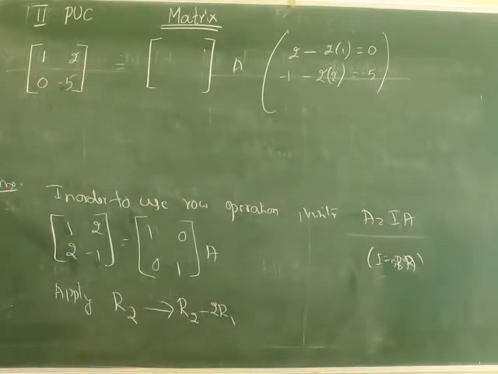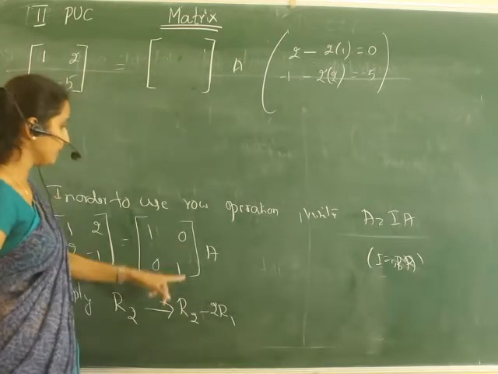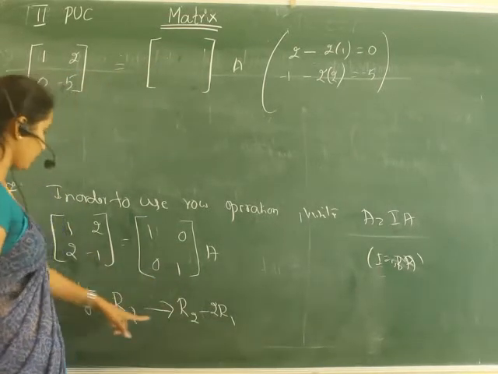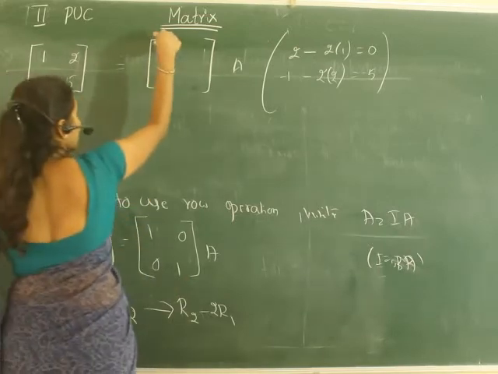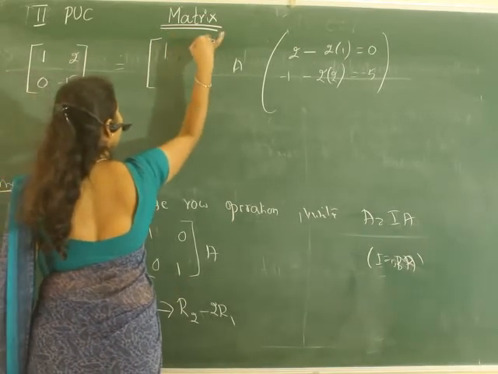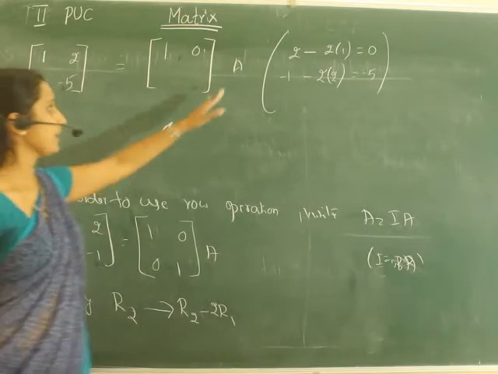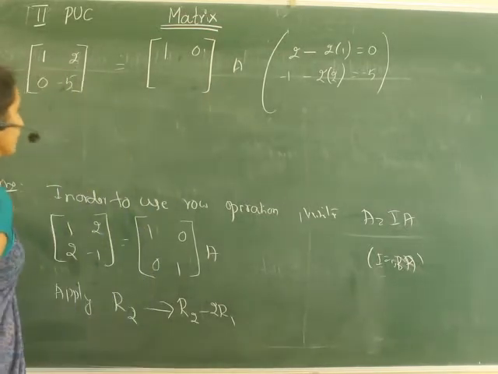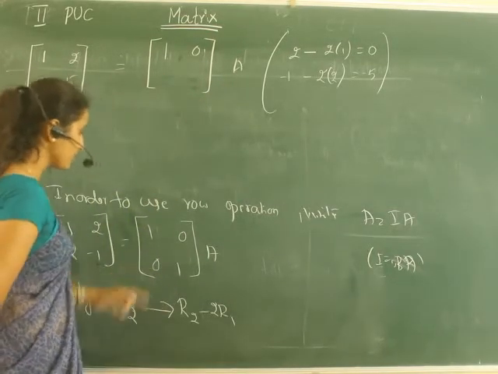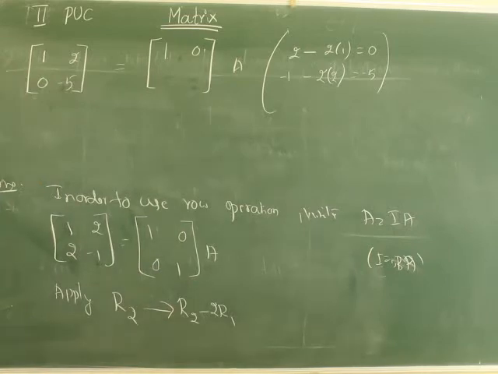We know that the row operation is performed on the given matrix as well as on the identity matrix. In the identity matrix also, only the second row is being changed. The first row is as it is, and this A is also as it is. Now I have to change this 0 1.